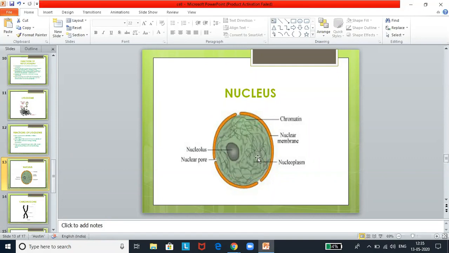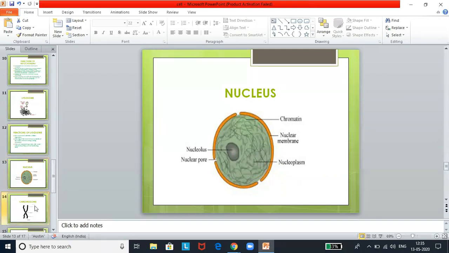The nuclear envelope encloses a transparent semi-solid granular matrix called nucleoplasm or karyolymph or karyoplasm. All nuclear components remain suspended in it. Nucleoplasm is chiefly composed of nucleic acids, proteins, enzymes, and minerals. Nucleic acids are in the form of DNA and RNA. It is the site for active ribosomal RNA synthesis.